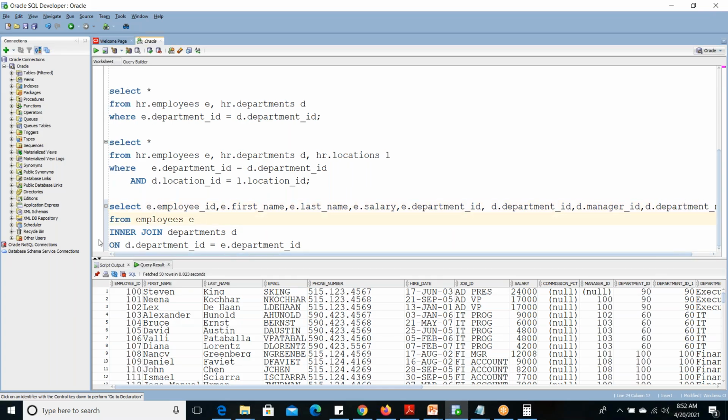From employees E, then inner join departments D. So which join we are doing, that we have to mention here. Inner join or full outer or left outer or self join we have to mention here. So we are going to do inner join. From first table, then inner join, type of join, then second table, departments D. Now on